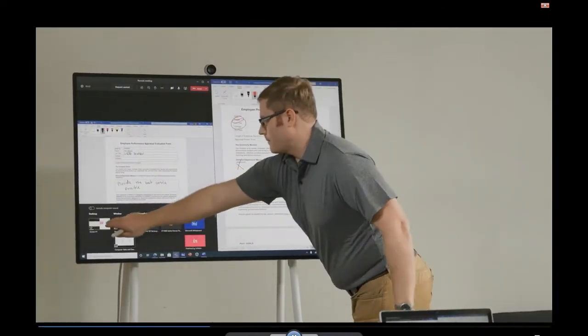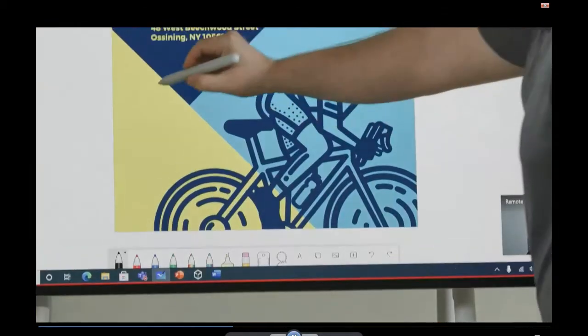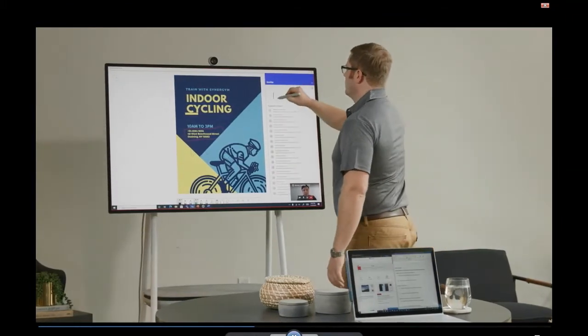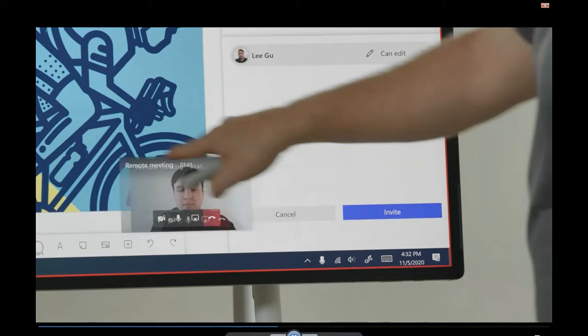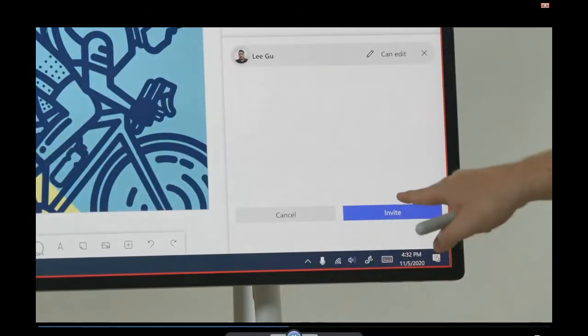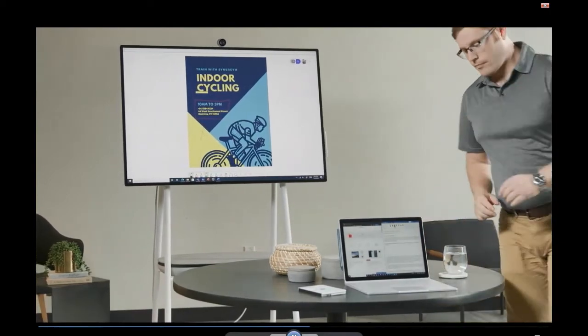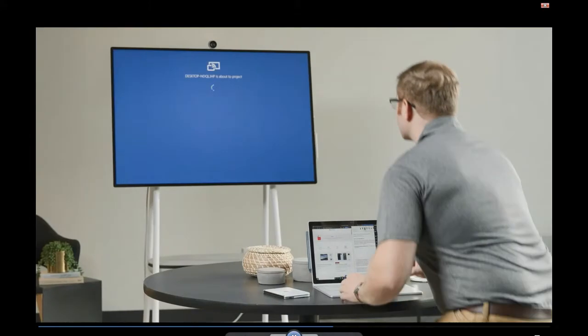experience of a personal device when Windows 10 Enterprise is installed, unlocking the use of any application. The addition of a fingerprint reader increases speed of sign-on and security. The 4K display resolution creates natural engagements. Collaborating with colleagues feels lifelike, and when combined with the infinite canvas from Microsoft Whiteboard, inspiration and ideas flow completely